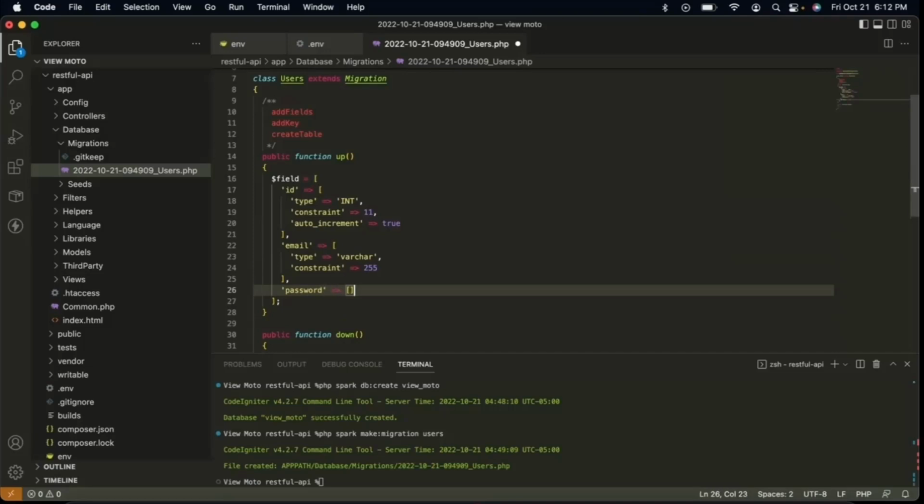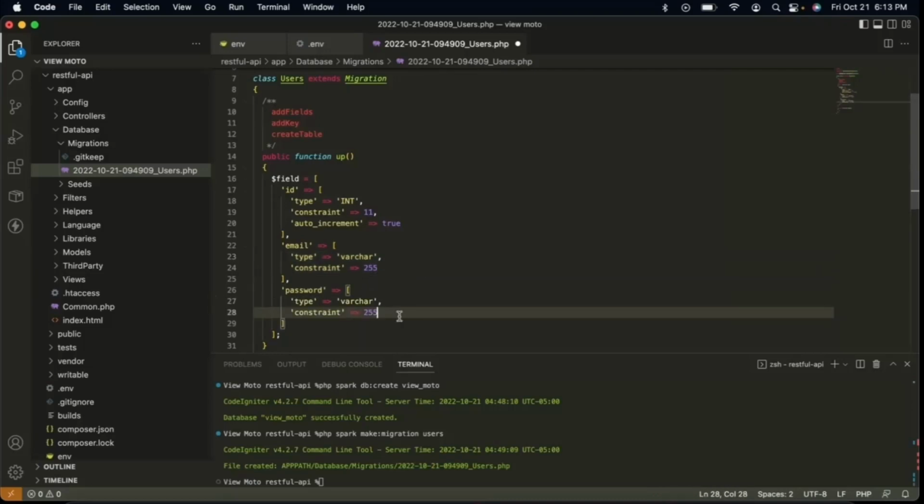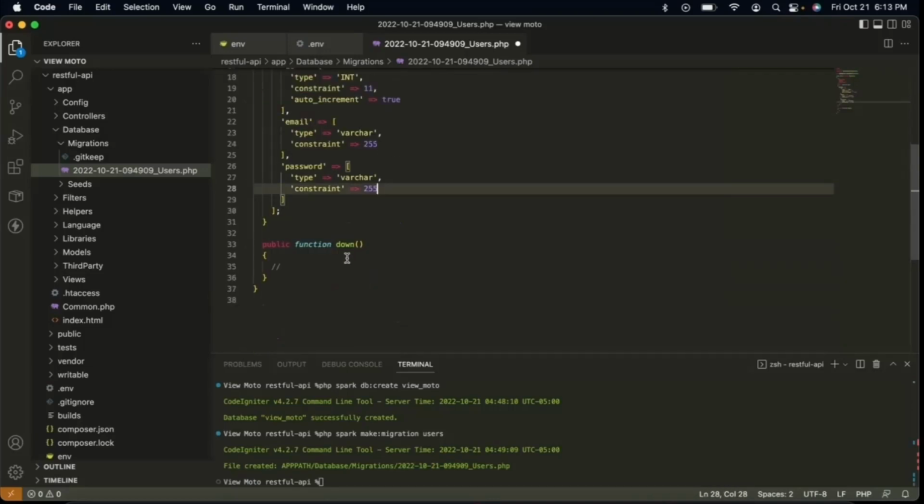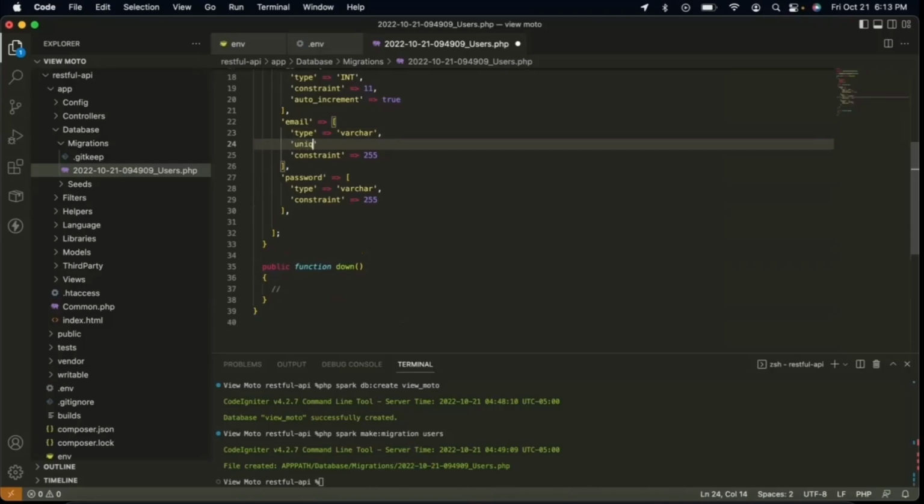And then the value is array. Let's copy this attribute of email, copy and then paste it here. They have the same attribute. And then I forgot, let's put unique equal to true,